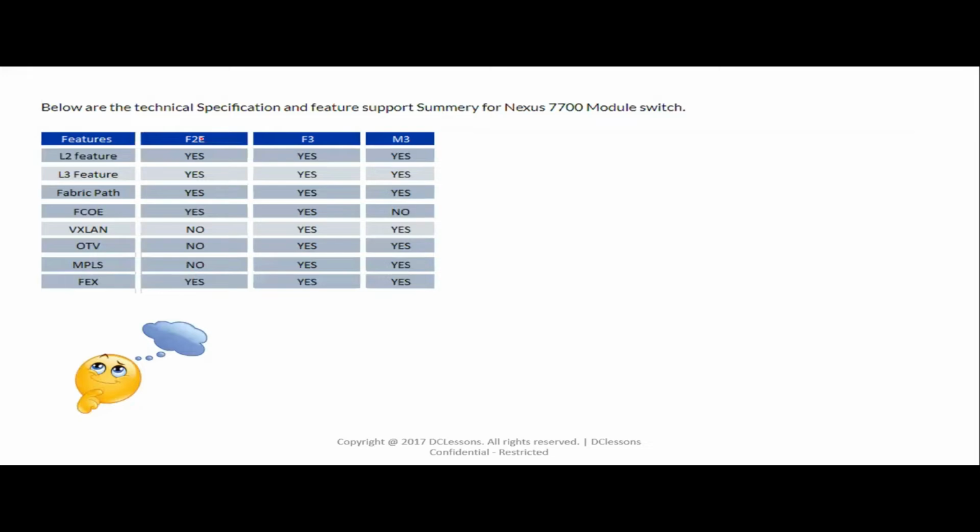If you talk about F2E, F3 and M3 series line cards, the F2E series line card supports L2 feature, L3 feature, fabric path, FCOE, but it doesn't support VXLAN, OTV, MPLS, and it supports FEX, fabric extender. So VXLAN, OTV, and MPLS are layer 3 protocols. F2E line cards only support L2 feature and basic L3 feature like EIGRP, OSPF, BGP, but it doesn't support advanced